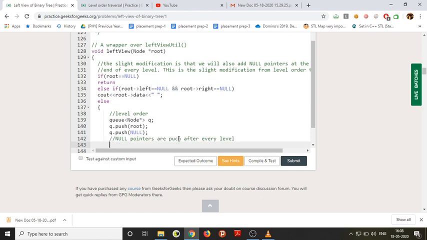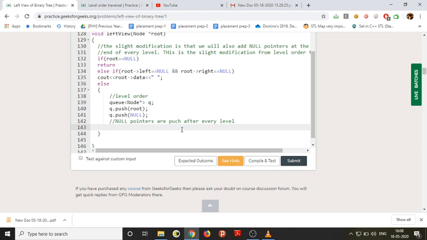Root is at the first level, and we have pushed the root and also null, since after root the next children will be at the next higher level. So root and its children are at different levels. After root, our first level, we push null, then its left child and right child, and after its right child we will insert another null. This is the basic general idea of it.